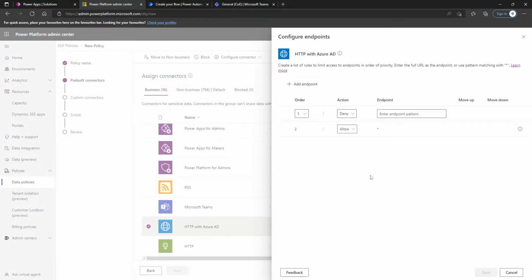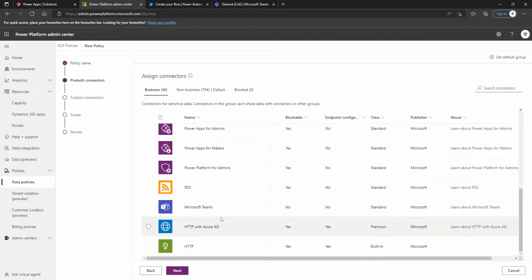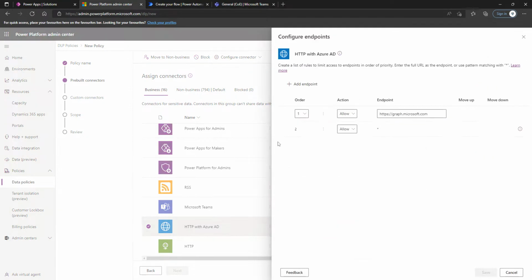So I'm just going to go add. And I'm going to specifically add in graph.microsoft.com. I'm going to click allow. I think you need to at least have one configured. So I'm just going to go back to this, and I should now be able